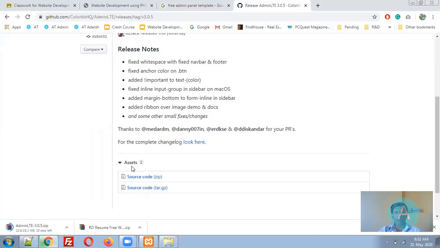You can do everything of the admin panel. Admin panel is for either admin or vendor kind of things. In case of Amazon, we have discussed that the Amazon customer website is there, the businessman website is there, and the admin panel is there. For the admin panel, you can use this AdminLTE. For the businessman website, again you can use AdminLTE.